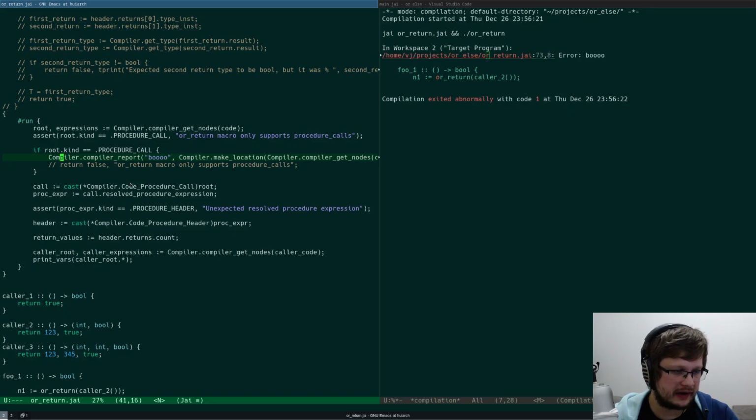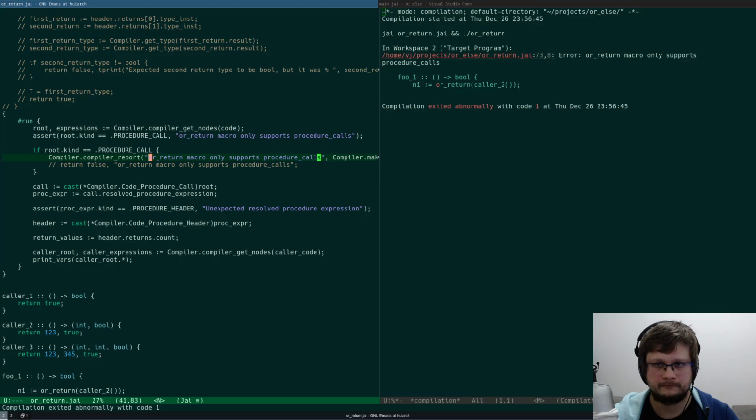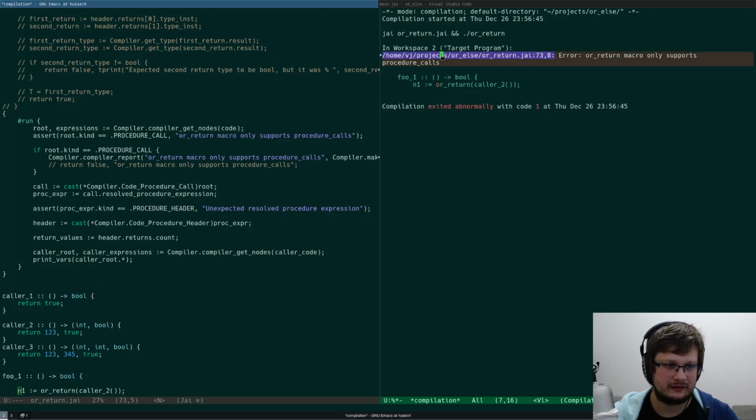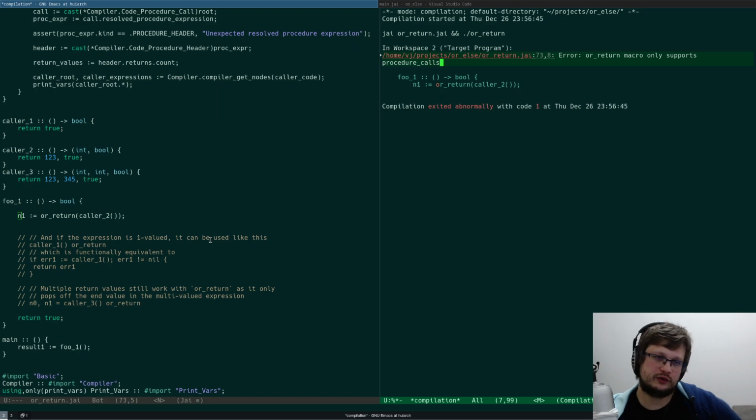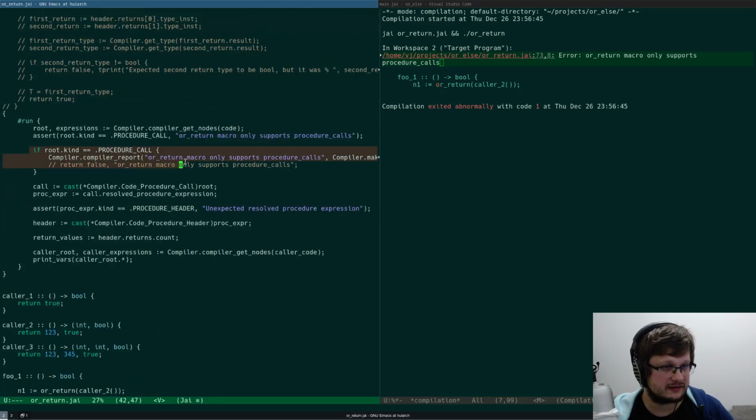Actually, I can maybe do compiler report instead of assertions. How about that? So you see, I get the call side, return macros only support procedure calls, but it would be good if I also got this.